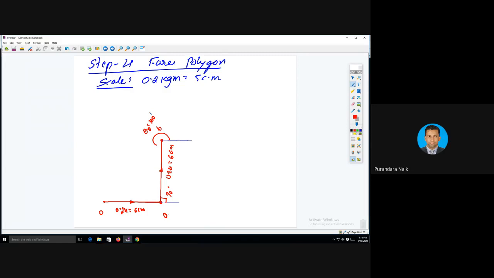What we measured from 270 somewhere here. 300 will be somewhere here. So 300. What is the length? 6.25 centimeter. This is 0.25 equal to 6.25 centimeter. After this is the point.